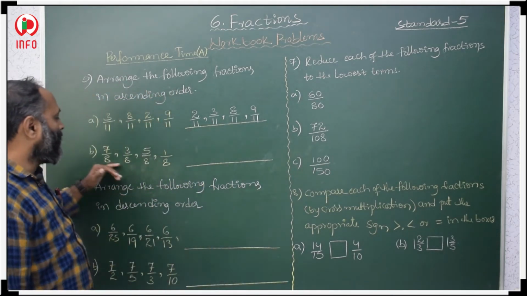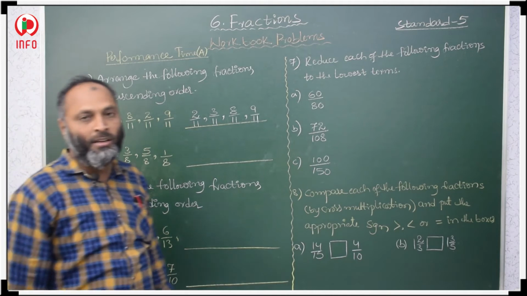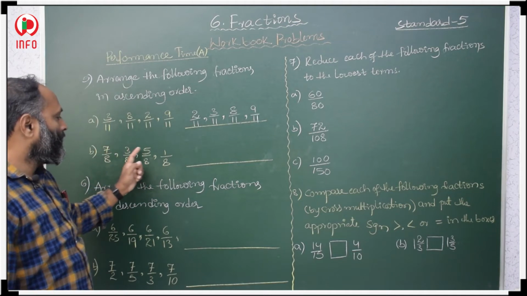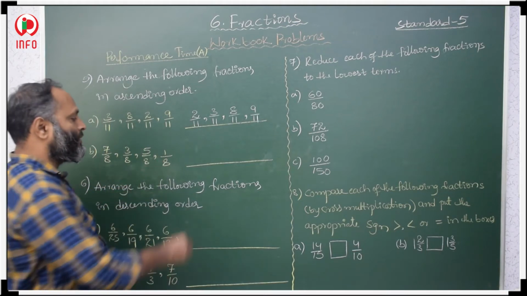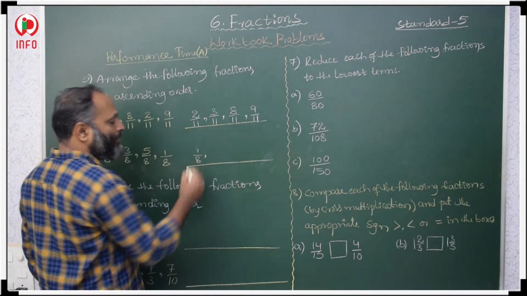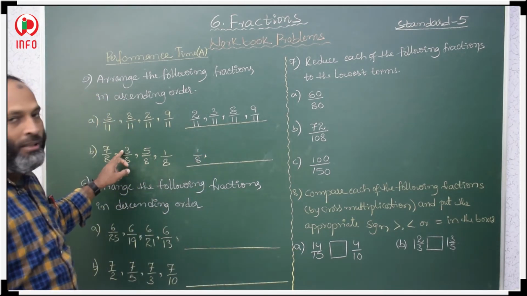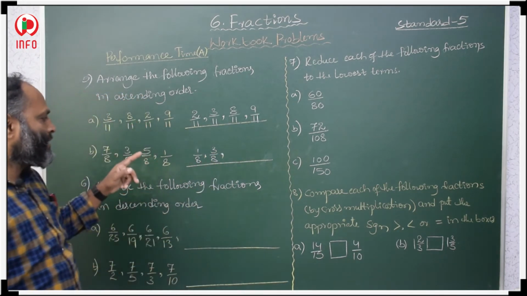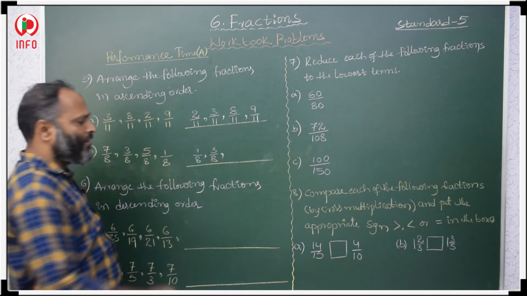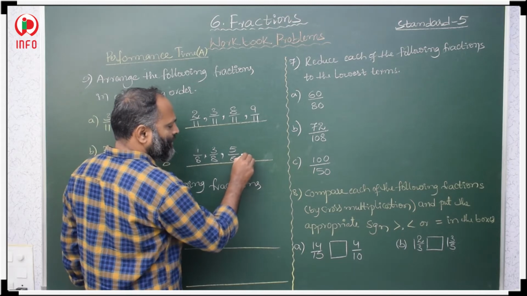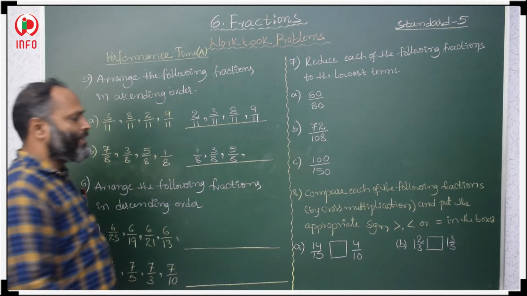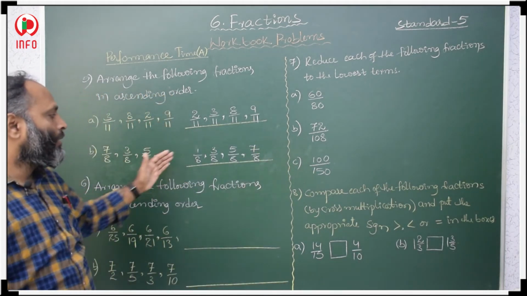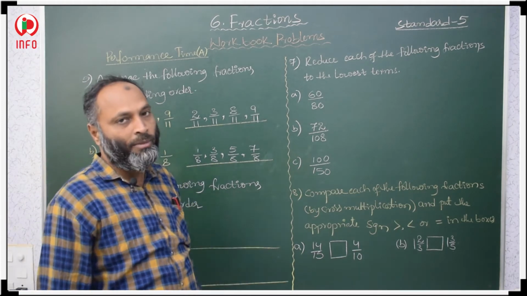So, here also all are like fractions. Here also it is very easy to arrange the given fractions in ascending order. So, in this numerator we have to check 7, 3, 5, 1. 1 is the least, means 1 by 8 is the smallest fraction, and bigger than this 1 in numerator is 3. 3 by 8 is bigger than this 1 by 8, and bigger than this 3 is 5 by 8, and after that the last one, the biggest one is 7 by 8. So, these are in ascending order. All these fractions are in ascending order when equal fractions, means like fractions, are given.